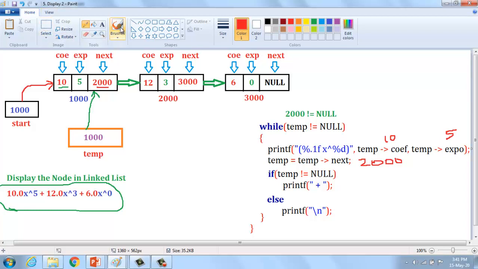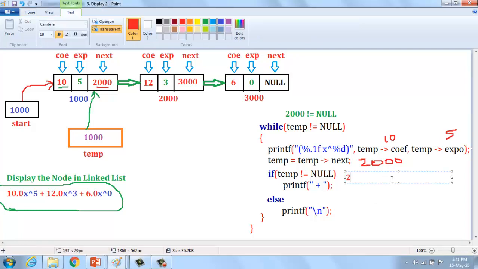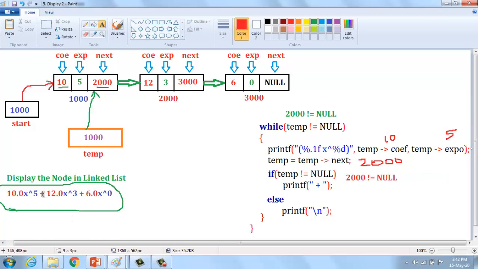Here 2000 not equal to null, condition true or false. Condition true, that is, condition true means it will be executed, plus. Okay, I am getting output as plus. Okay, I understand. And then the else part is not evaluated. Again they are going to check the condition, while temp not equal to null. What is the value of temp now? Temp is 2000. Here temp value should be changed into 2000. If 2000, it means a link is terminated from the first node